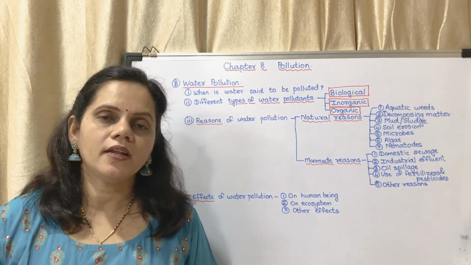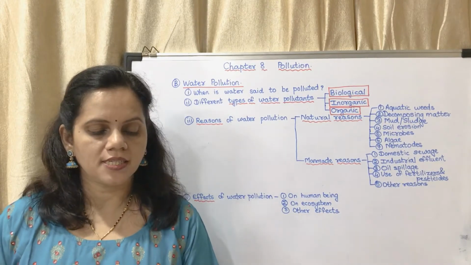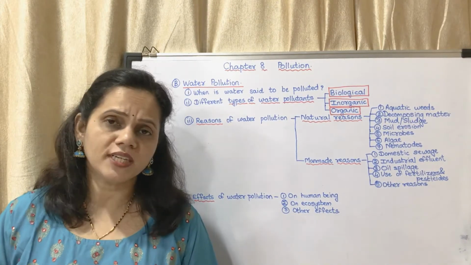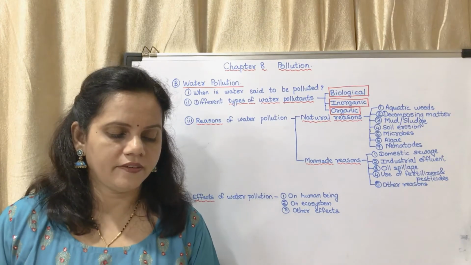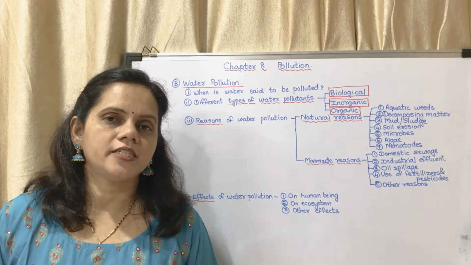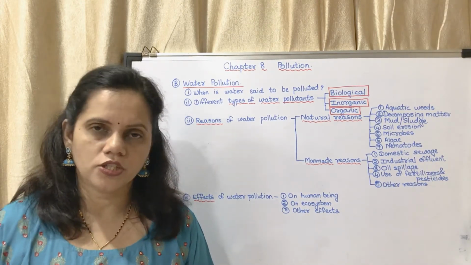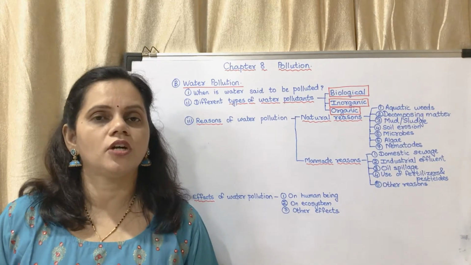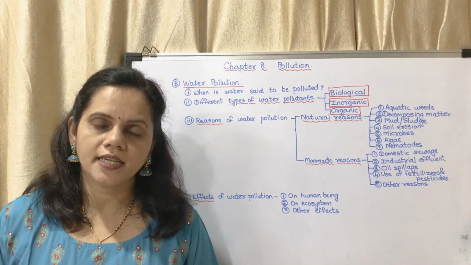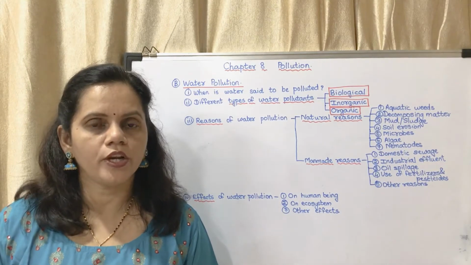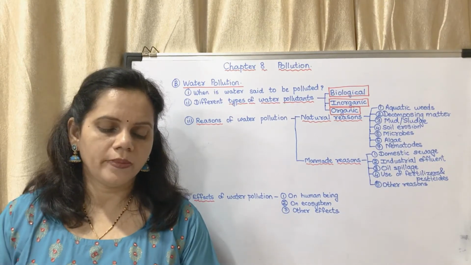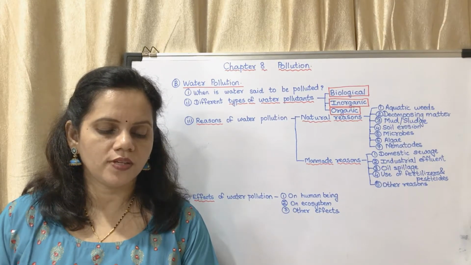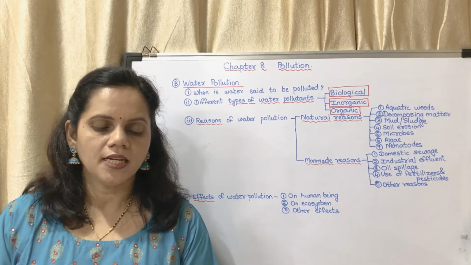Okay, so when the water contains poisonous substances, whether it is natural or artificial, and due to some organisms the oxygen content of water is also decreased. Due to contaminated microorganisms, it could cause diseases. In that case, water is said to be polluted. Freshwater or marine water pollution includes physical, chemical and biological changes.